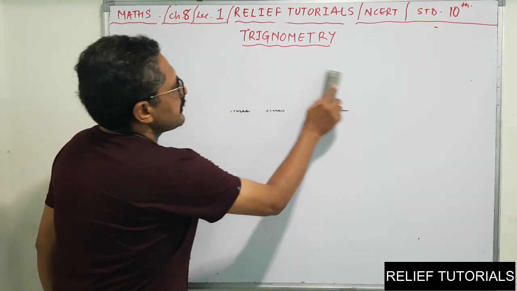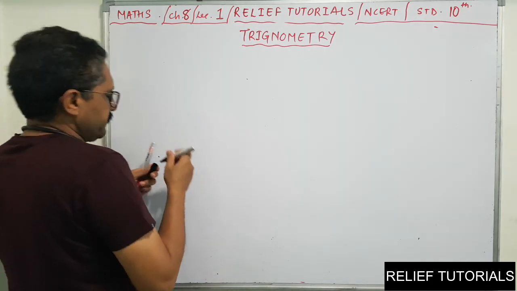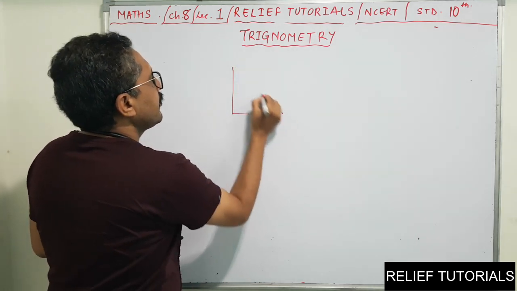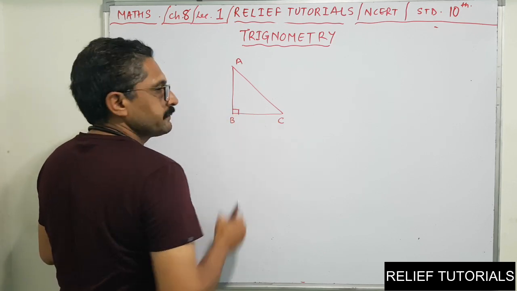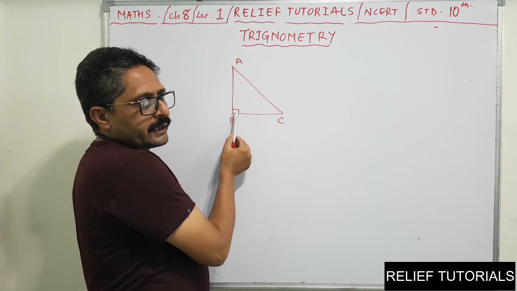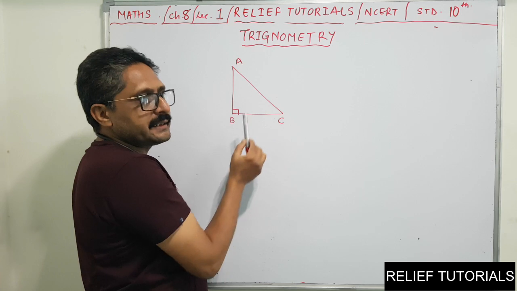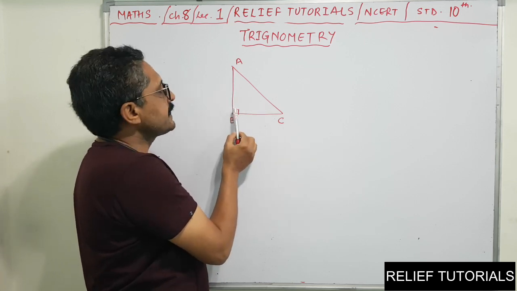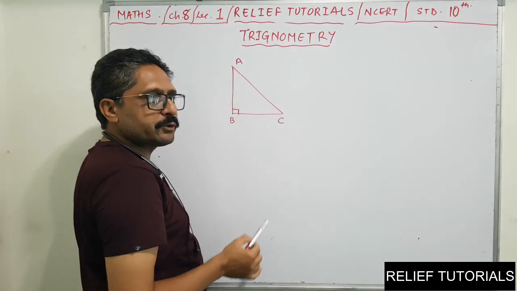Okay, so now we'll see. I will consider a triangle. This is triangle ABC. This is 90 degree. So in a right angle triangle, if one angle is 90 degree, you know that the remaining two angles are acute angles. The total is 90. Why? Because the sum of three angles of a triangle is 180 degree. This is 90, so the total of these two angles is 90. So each is less than 90. So they are acute angles.